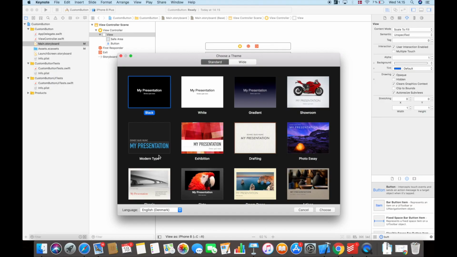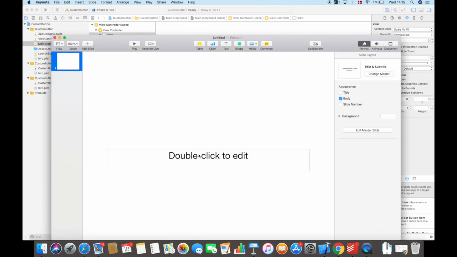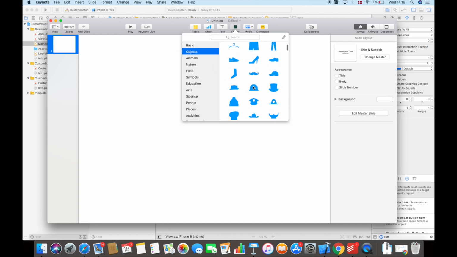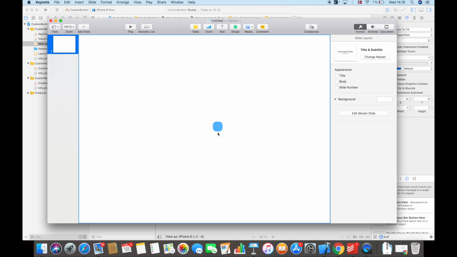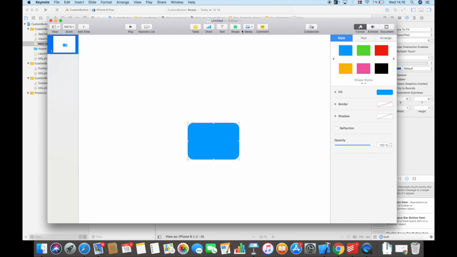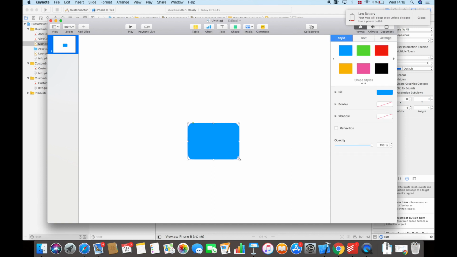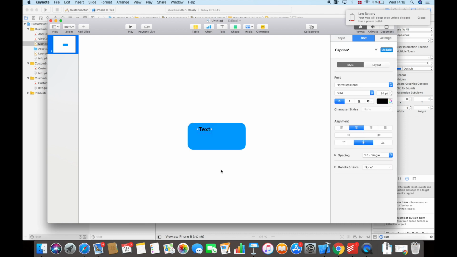So I will create new document, new presentation, press the white one. I will delete all this standard startup text, and if you look up here you have shapes. In here you have all these kind of shapes which you can use for customized buttons. Of course, if you create games and stuff like that, you're also able to use these shapes in your game. So now we have dragged this one out. We can take some text and place "press me"